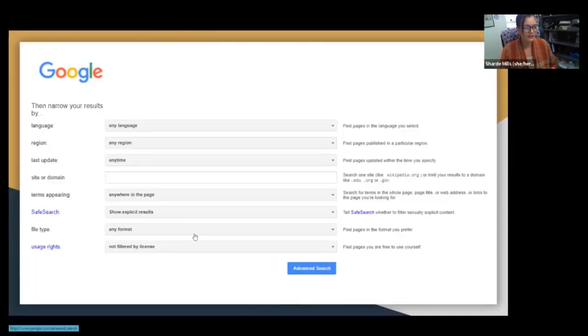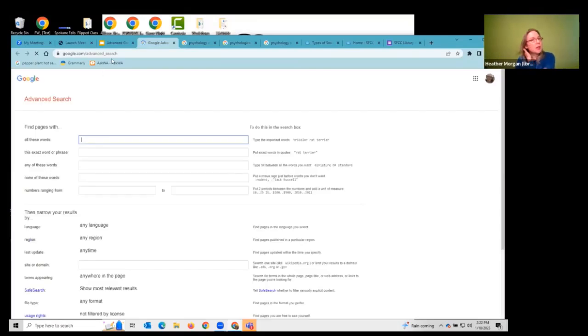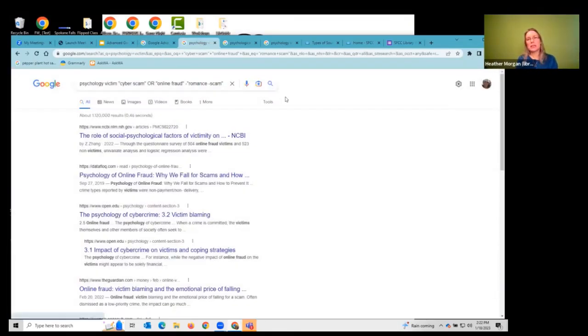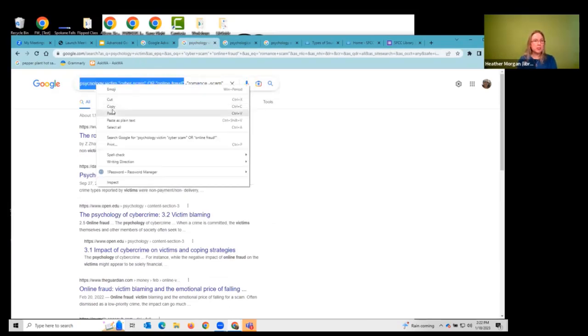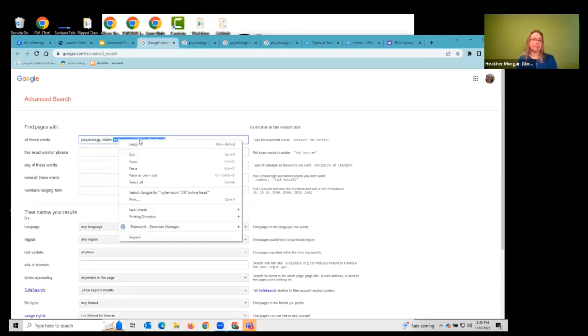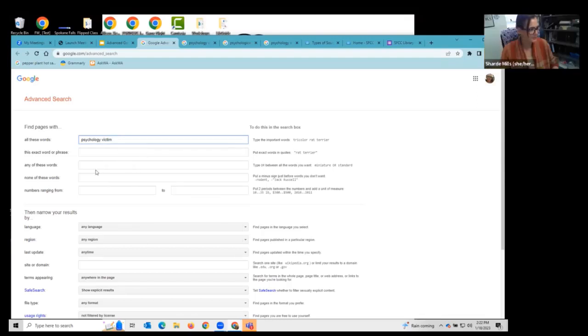So let's take a look at what that looks like using the Google Advanced Search. And as Shardae's pulling this up, I just want to reiterate that just because something has a domain like a .com or a .org, you can't automatically say, oh, that's a great site or that's a bad site, because you can find useful information on any domain, just like you can find really bad information on any domain. Even when you're using scholarly papers. Yes. All right, so I'm just going to repeat the search that I did before.